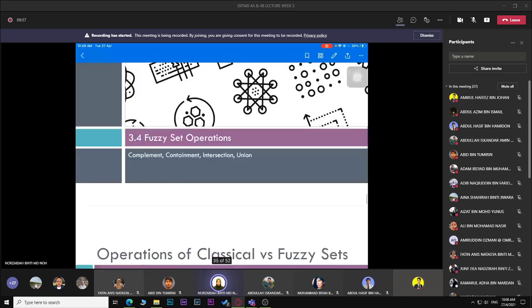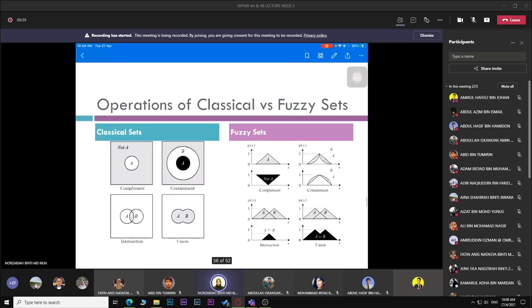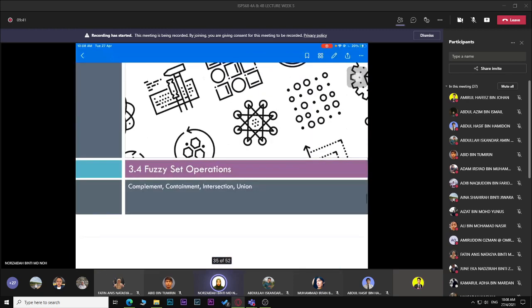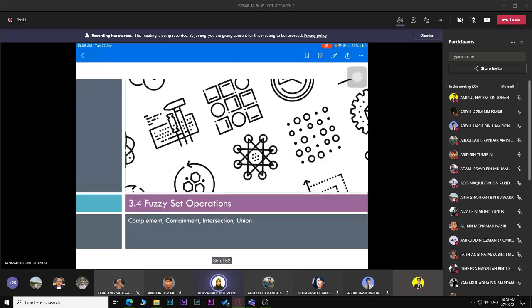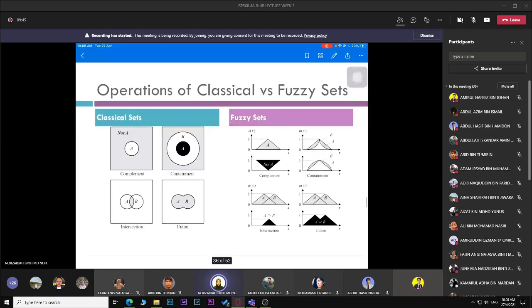So for today, we are going to look at the next part, which is fuzzy set operations. All right, so we are going to look at how we do some operations which we usually do in classical sets. The classical set is like the Venn sets that you learned in modern mathematics before. Okay, so when you have several sets